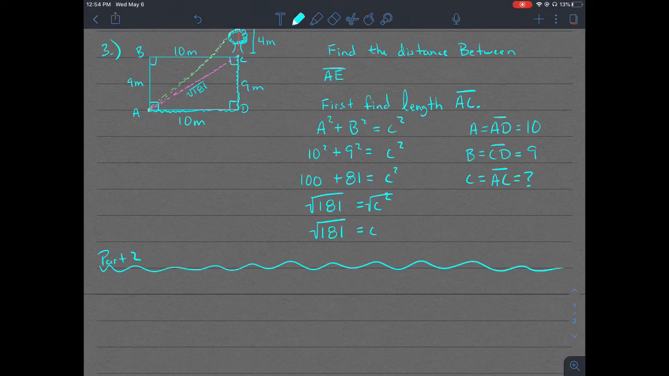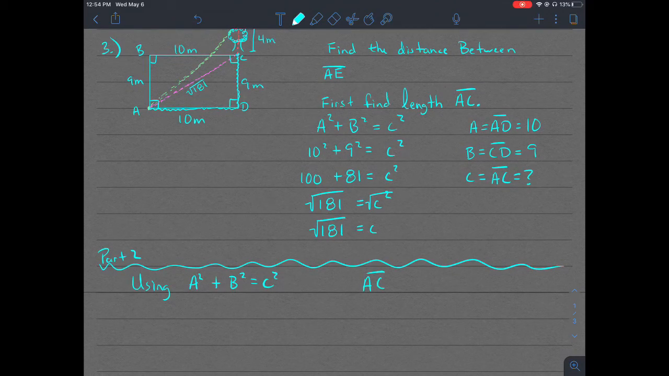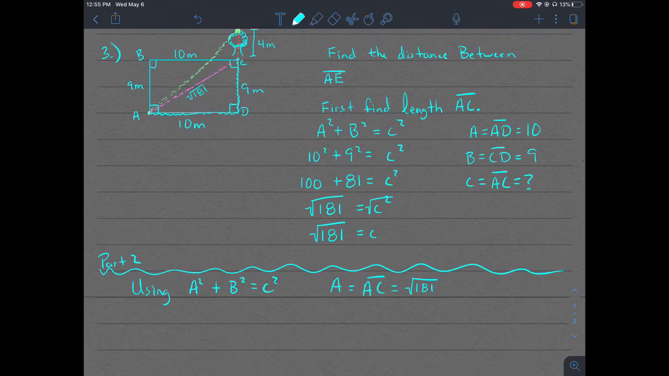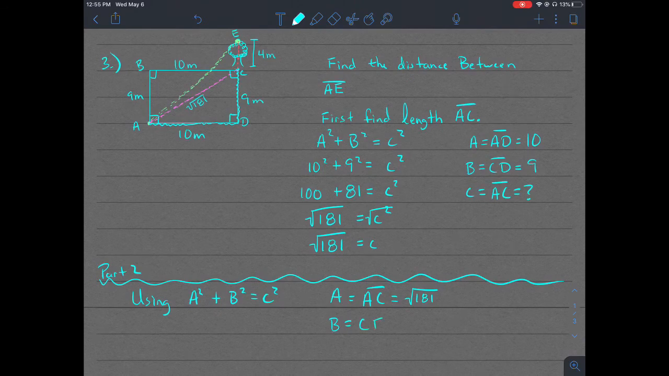Okay, so using the Pythagorean theorem, a squared plus b squared equals c squared, what do we know? We know that the pink length, which we just found, A to C, call that A, is what? How long is that? Square root of 181. That's how long it is. Now what about B? Remember, we're trying to find the colorful triangle here. We're using all those lengths. B is equal to what? C to E,